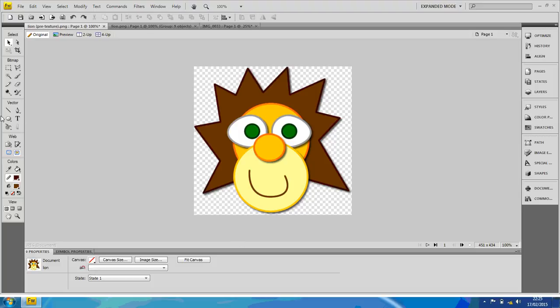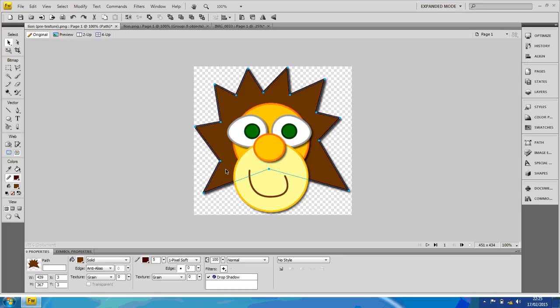Using the vector tools is a very effective way of creating a cartoon character like this one, for example, but it's still very computerized. It doesn't look natural. It doesn't look like someone's grabbed a pencil or maybe even a crayon and created something on a piece of paper. So to make it look a little bit more like that, if you select your shapes, you'll notice